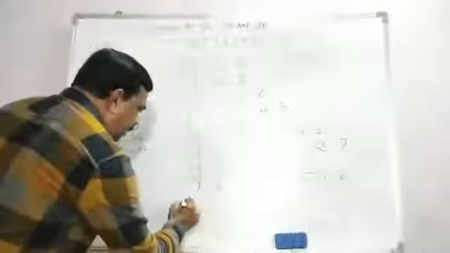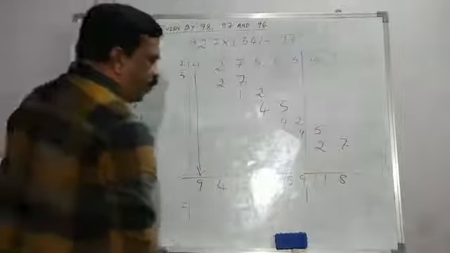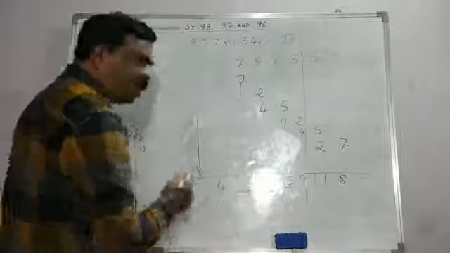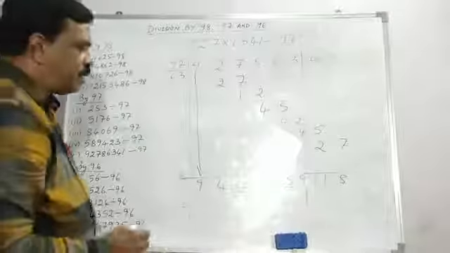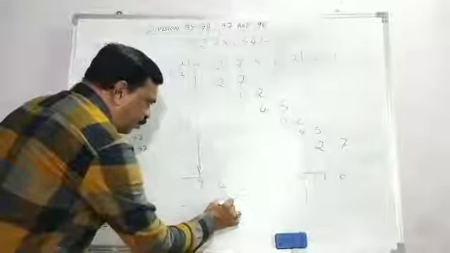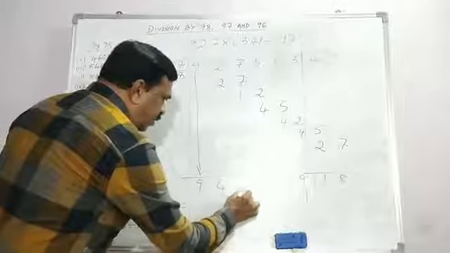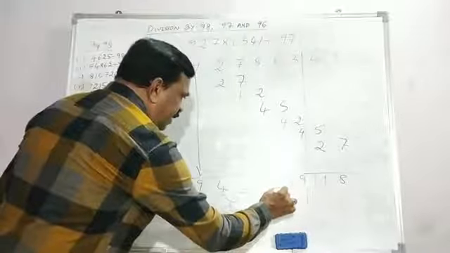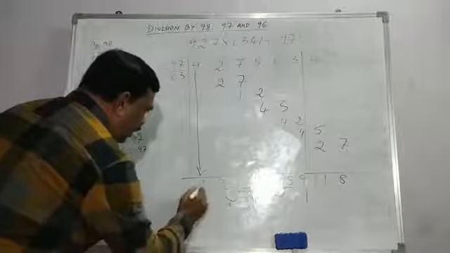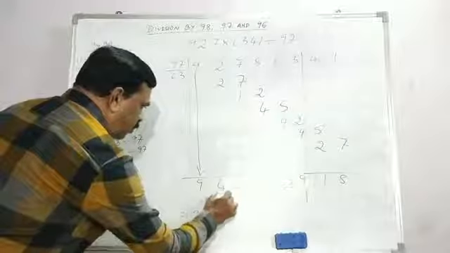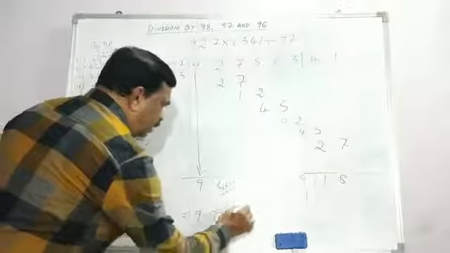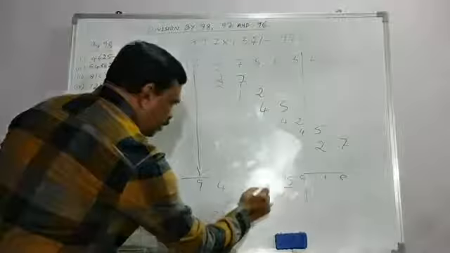Now let us write the quotient part first. So here 15 is a double digit, 14 is a double digit, 15 is a double digit here. So whenever you have a double digit, the left hand side digit add to the left hand side number. So this one is added to this 4, this one is added to this 5, and this one is added to this 4. Now see what we will get. We get this 9 as it is. Here 1 plus 4 is 5. Here 1 plus 5 is 6. Again, here 1 plus 4 is 5.